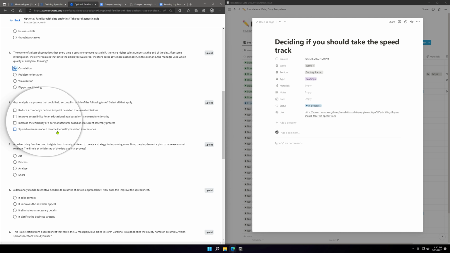Spread awareness about income inequality based on local salaries.